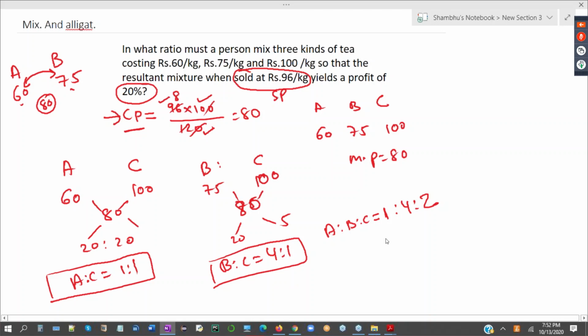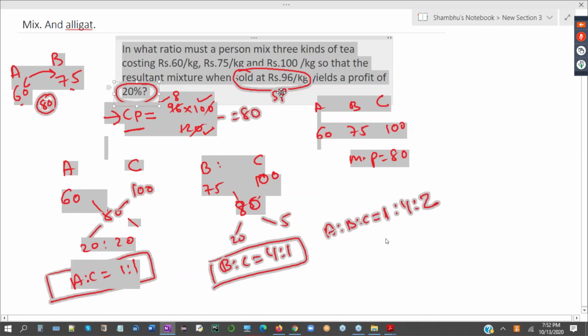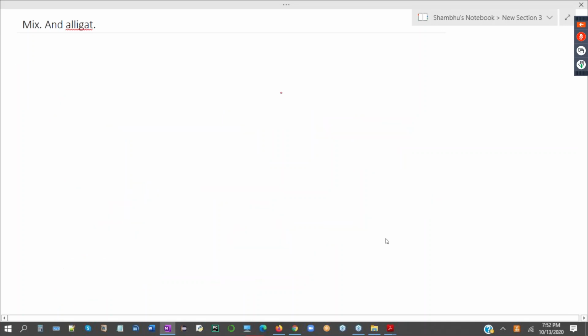Pavan, you understood how I calculated CP? Matlab, you all are great Atma. Great Atma means great Mahan Atma actually. Mahan Atma means great soul, great soul. Fine. Pavan is saying, yes sir, we are great soul.